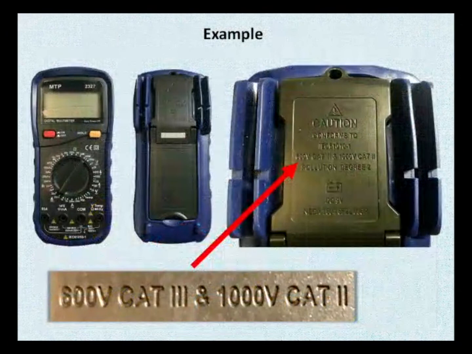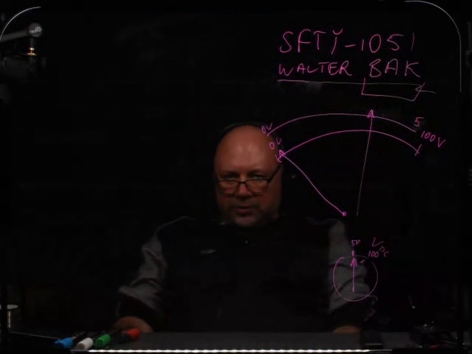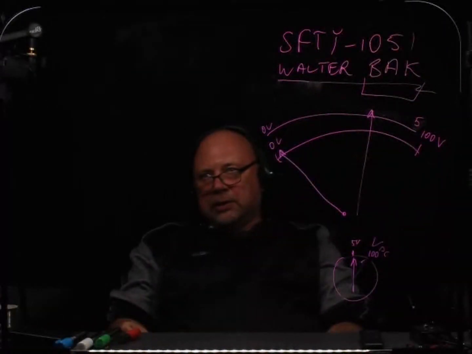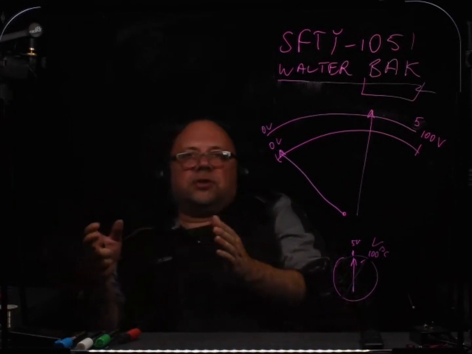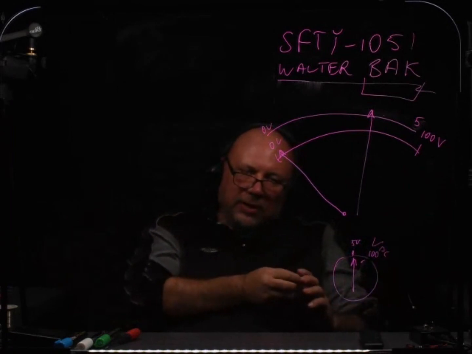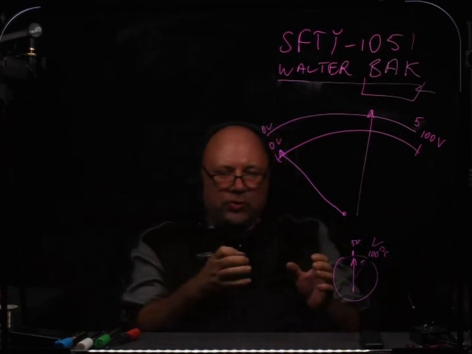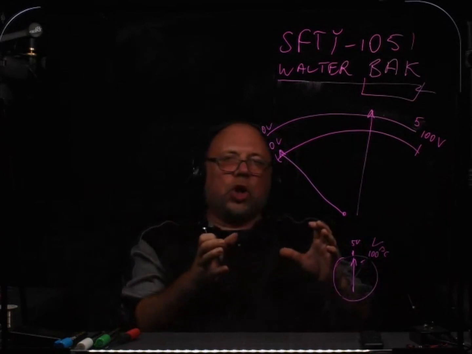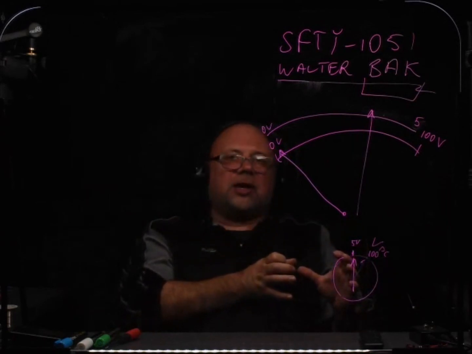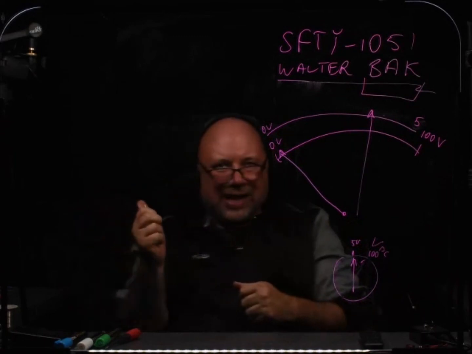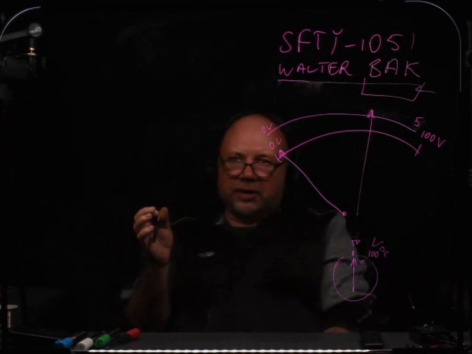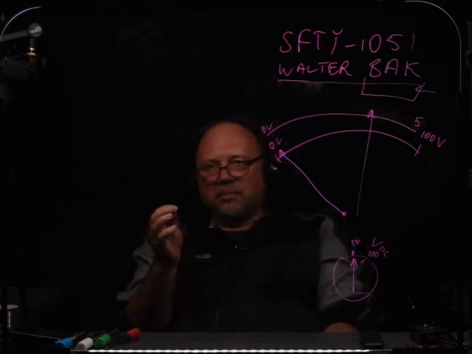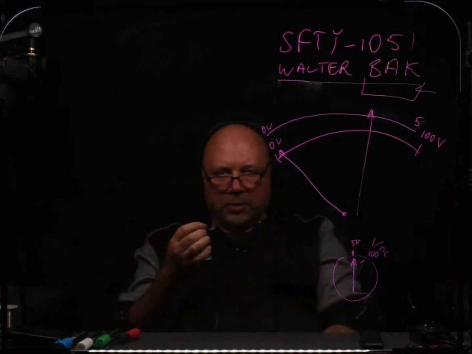What happens if you mismatch the categories? Of course, you can use a meter that is designed for a heavier load on a lighter load. Yes, you can. But you can't do it the other way. You can't use a meter designed for a lower type of load to start measuring a higher type of load, because you're running into a danger of an arc flash. That thing can blow up in your hands, so you can get some burns.